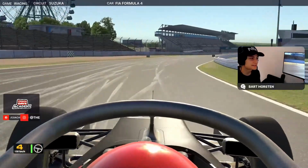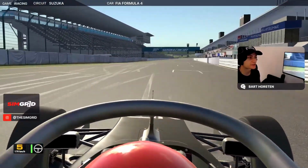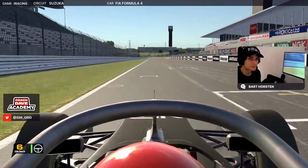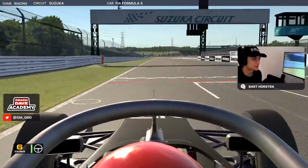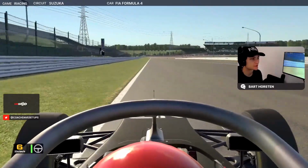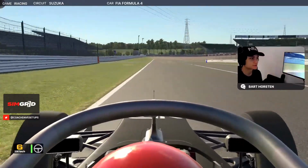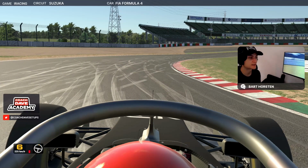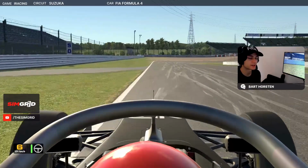Alright, so now we're heading down the very long straight at Suzuka Circuit. I've talked about Suzuka before, but it's one of my favourite tracks, a really complicated track, and the first sector's got really nice flow to it. So, into the first corner, flat on the entry, braking as we get the car into the banking. Most important part here is to get the rotation done before you hit the brakes as much